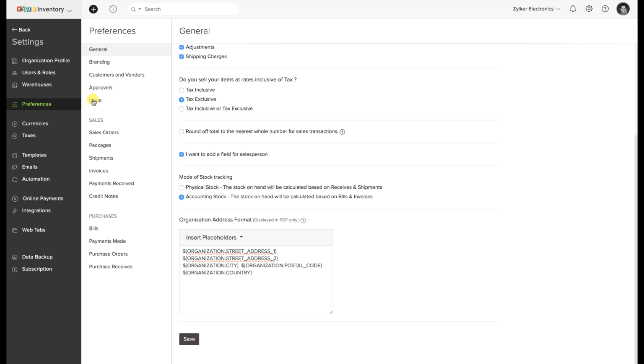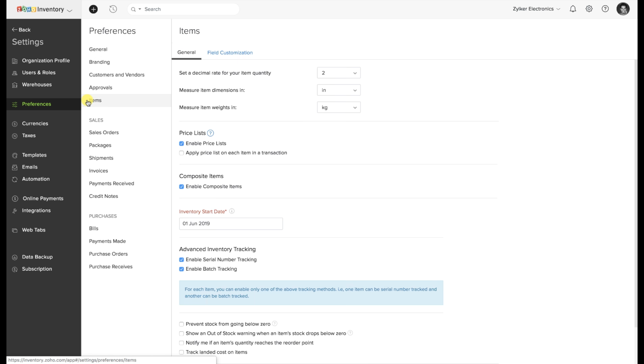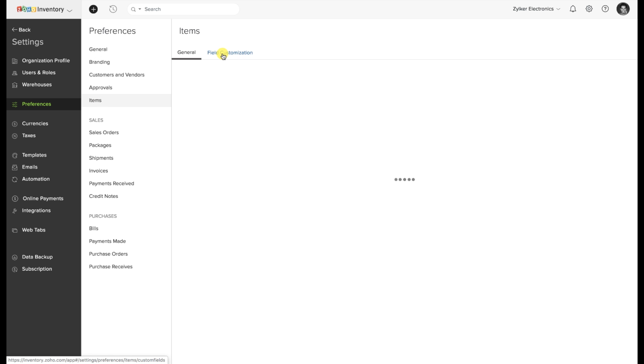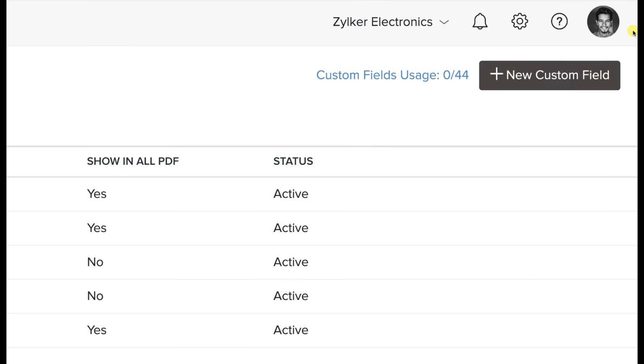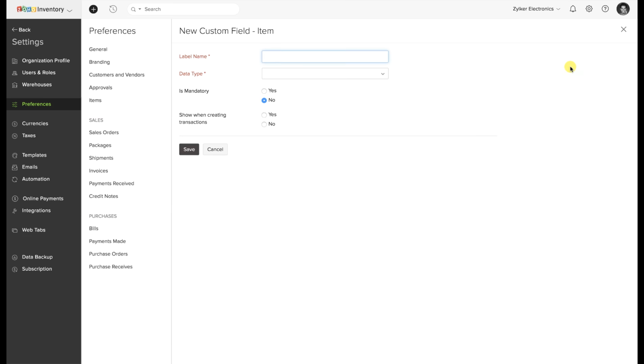Do you need more fields to store item information? Worry not. We've got you covered with the help of custom fields within item preferences. To do so, click on the plus new custom field and then assign a particular label name followed by its data type. You can either make this custom field mandatory or optional. Making it mandatory will mean that one cannot save a particular item record without feeding some value into that particular